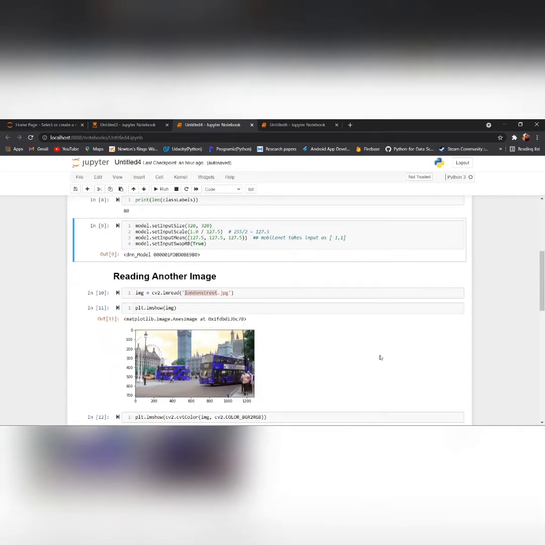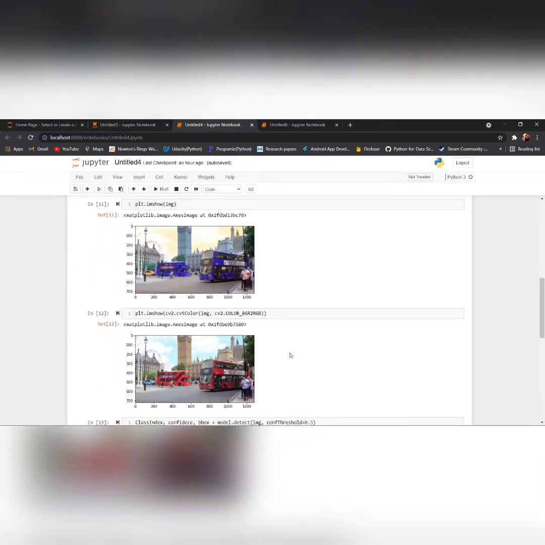Here you can see that when we imported the image in this program, it has been plotted in an unusual color, that is BGR format. Now, as always, we have to convert it into RGB format, that is, its original color. Here you can see the image plotted in its original color.